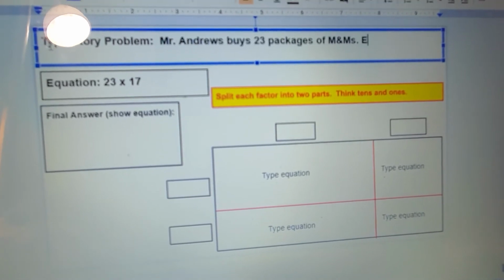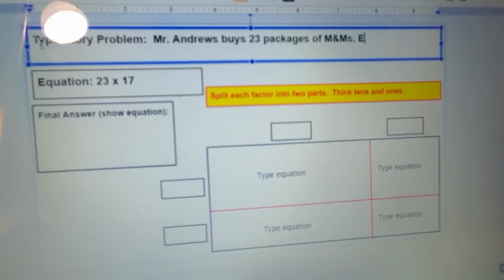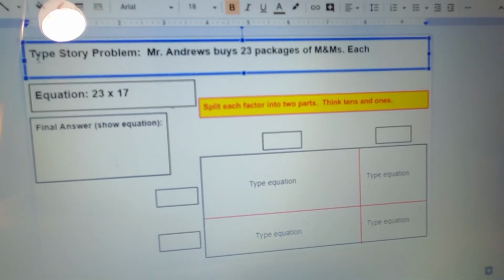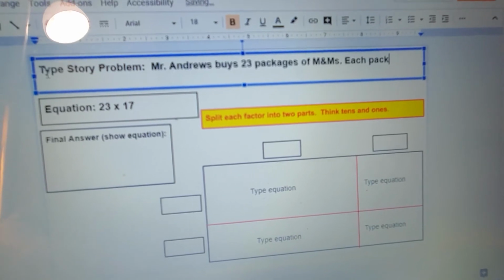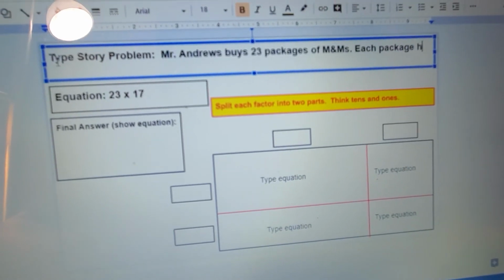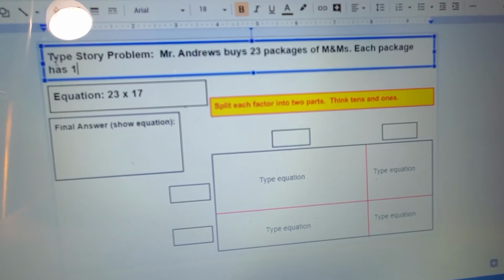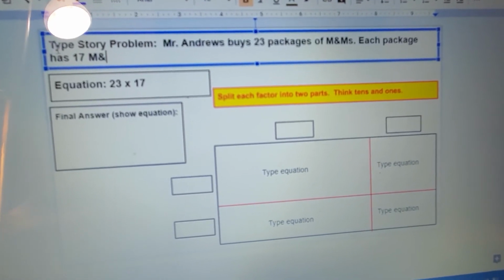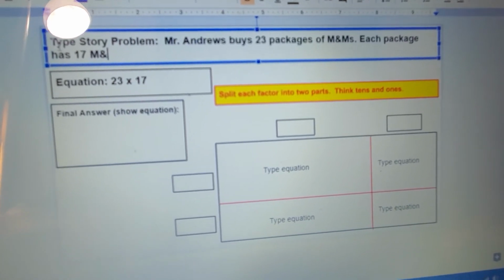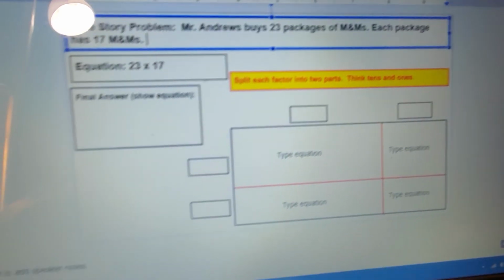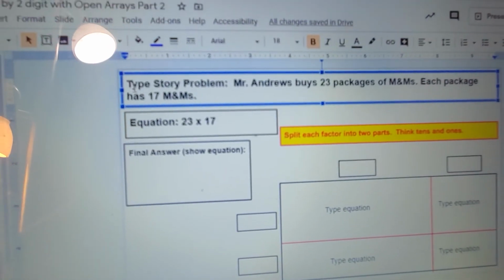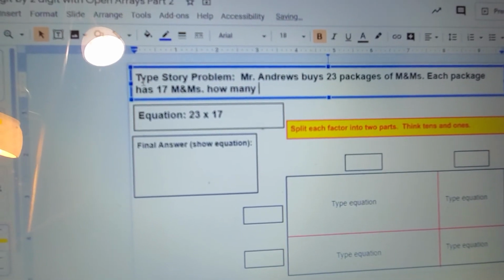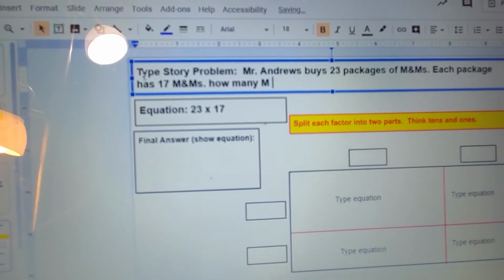So I can write each, and using the word each is important because that tells you that every package, each package, so I'll use that word package because that's the word I used originally, has 17 M&Ms. Then I can ask the question now, how many M&Ms in total? And I sure wouldn't want to count those,